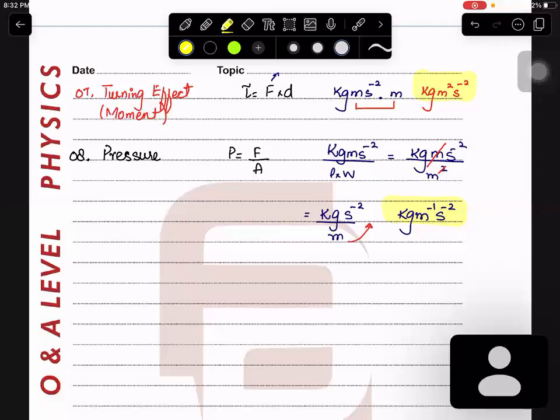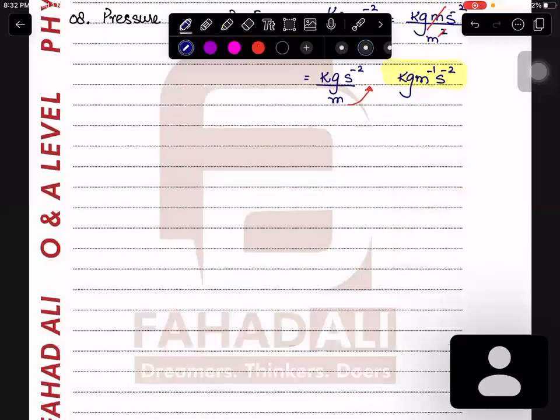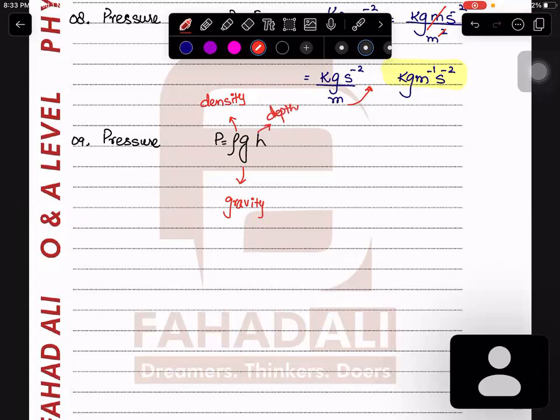Done? Physical quantities can have different formulas. Pressure has a formula, force upon area. The same pressure can also be calculated for liquids by using rho g h, right? Where rho is the density, g is gravity, and h is depth. So if I talk about density, the density is termed as